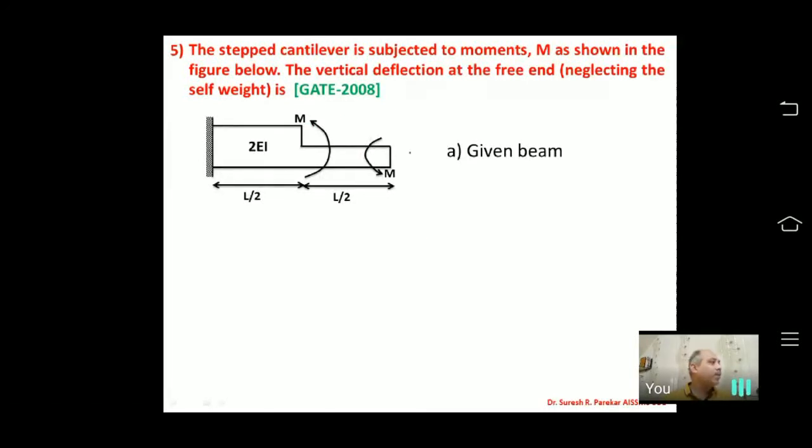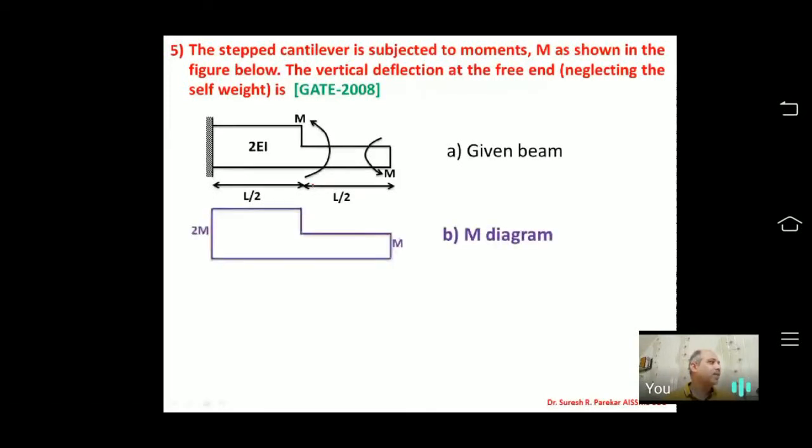So now we have M over here, we have M over here. So here we are going to get confused, but if we see, I have both moments as anti-clockwise. Just their way of showing is different. So one might think one is clockwise, one anti-clockwise. No, both are anti-clockwise.